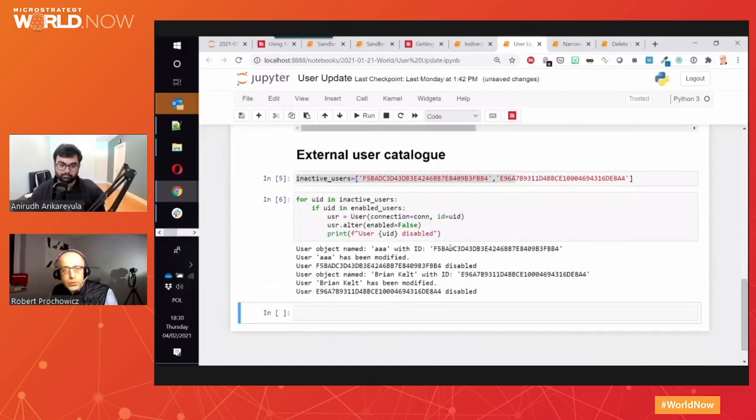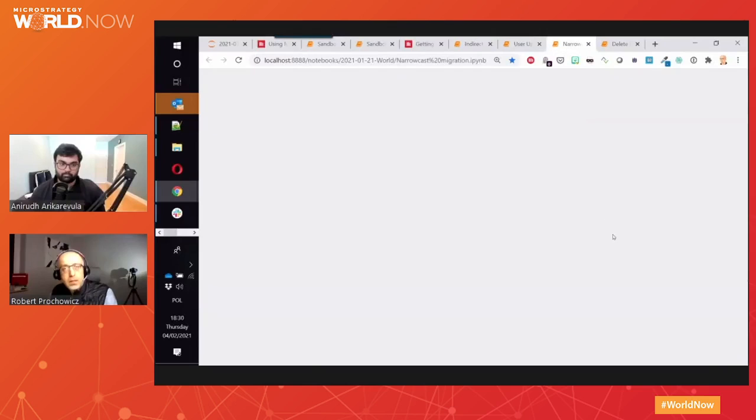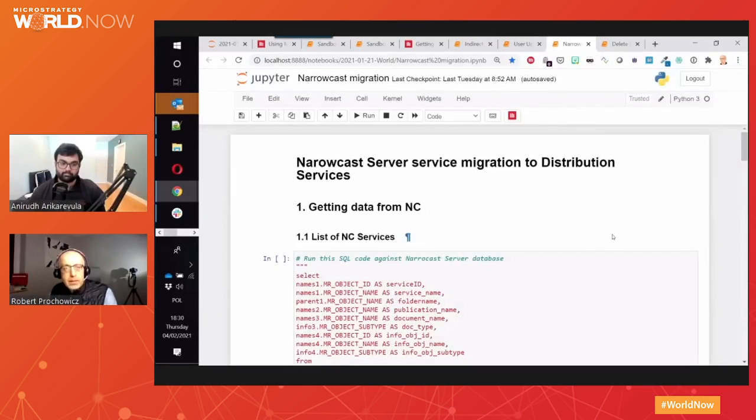Ding, ding, two users were enabled. Now they are disabled. Very, very fast. Okay, next use case